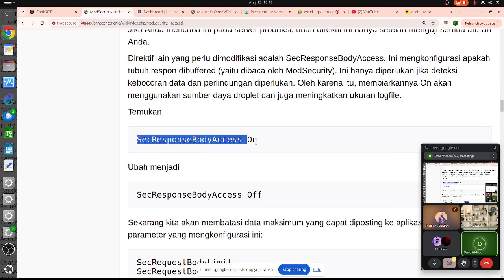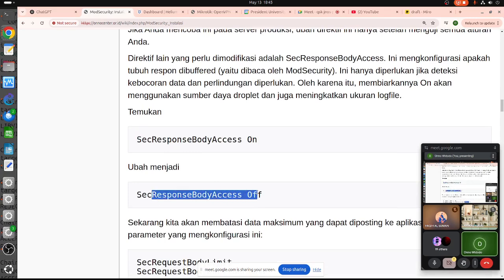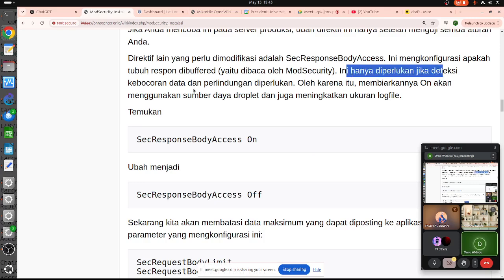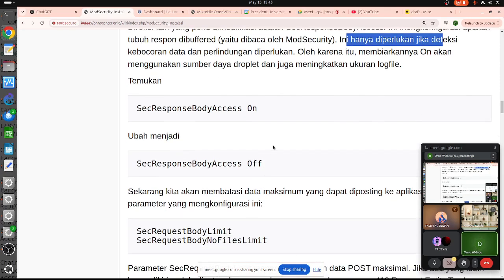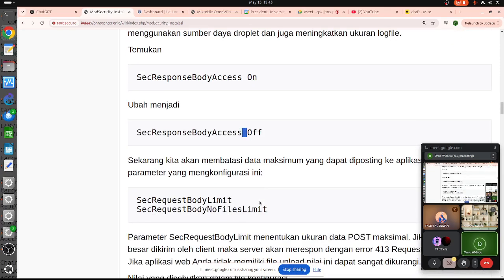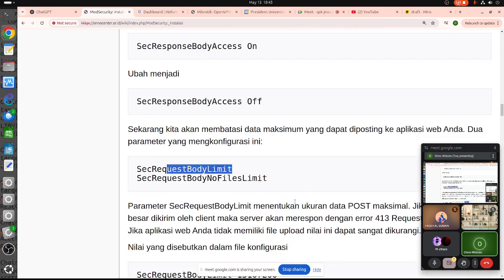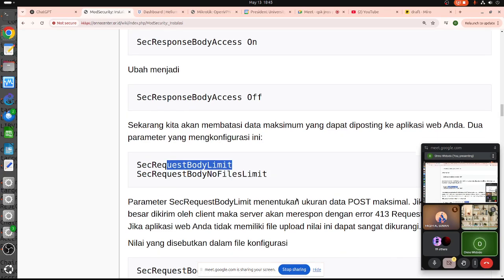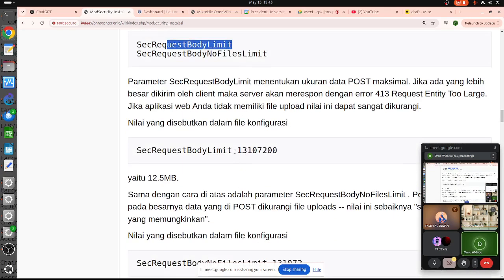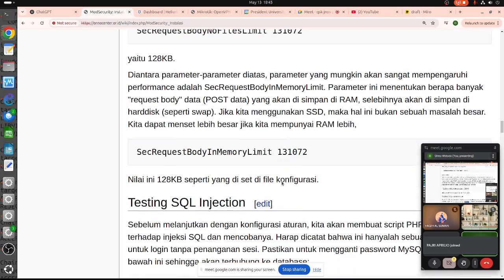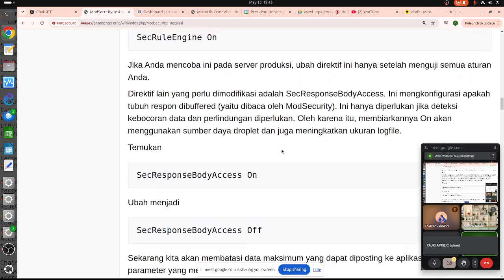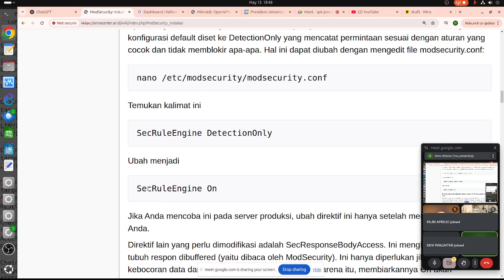SecResponseBodyAccess On, depending on the data we observe. If it is too big, we can make it Off. We can also set the content limit: how big is the data we want to observe. Okay, this is like 12 megabytes of data. So we need to play around with these things, but the most important one is this one, SecRuleEngine